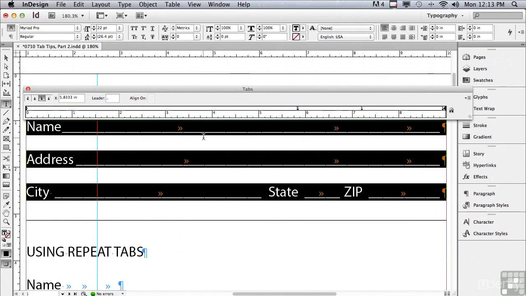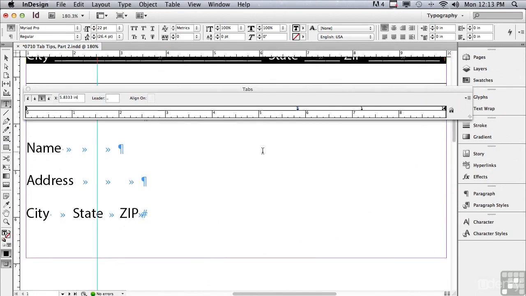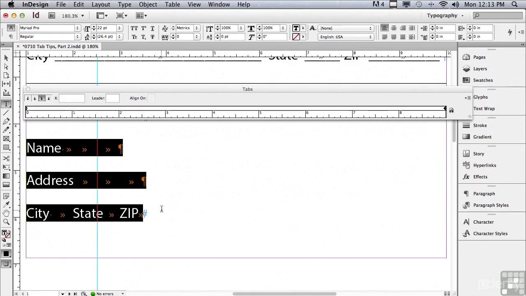And you can see any place that there isn't a word interrupting my tabs, it connects the underscores from one to the next, so it's a solid line going all the way across. And best of all, my underscores line up perfectly along the right side of my fill-in-the-blanks coupon. Let me scroll down a little bit, and I have name, address, city, state, zip also set up towards the bottom of the page. I'm going to select that, and we're going to talk about an even faster way to